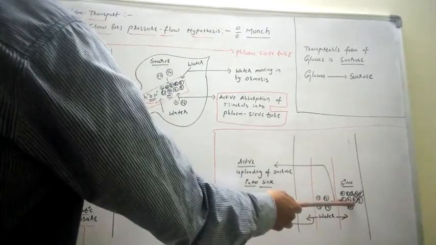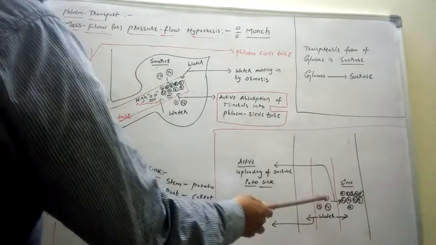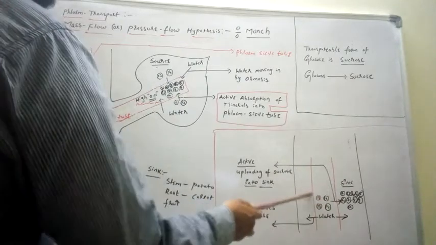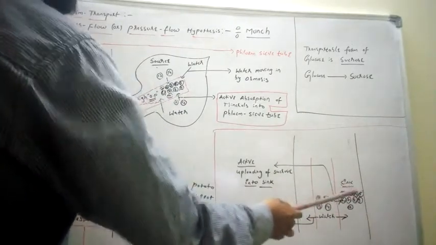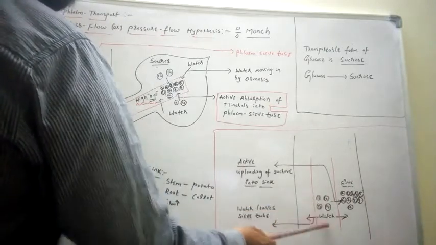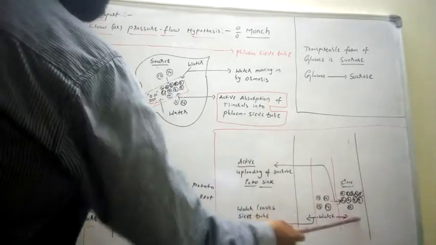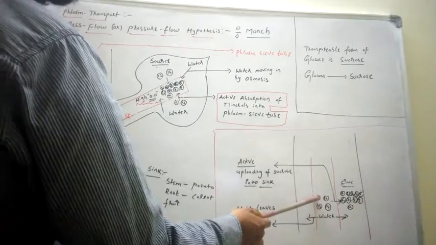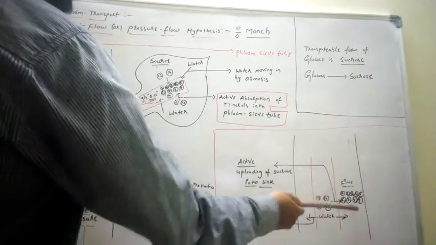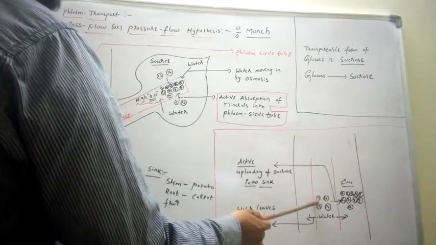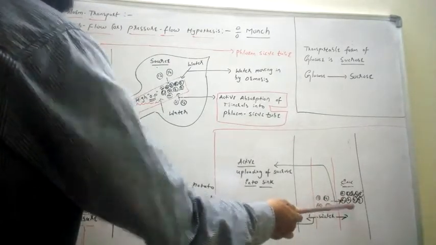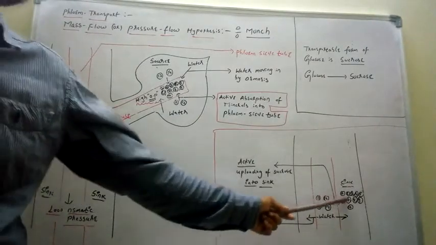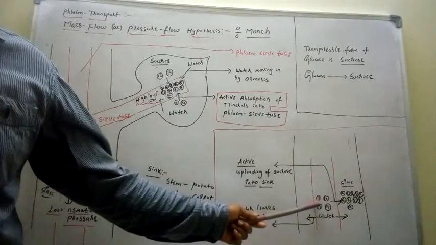So here, for the 11th and 12th, the sucrose is moving from a region of low concentration into the region of high concentration. So if this 11th sucrose molecule wants to transport into the sink region, it has to move from a region of low concentration to high concentration. So here, as the sucrose molecules are moving from a region of low concentration into high concentration, the transport from low concentration to high concentration is called active transport.